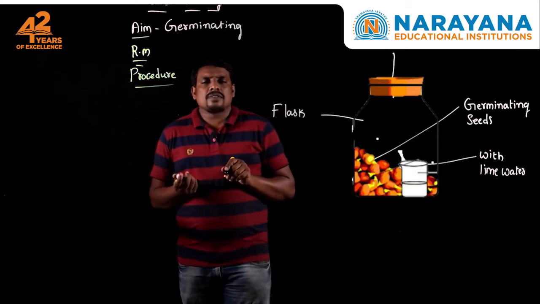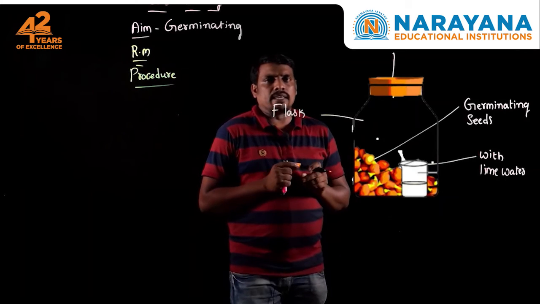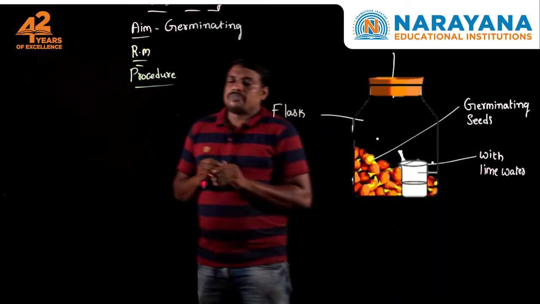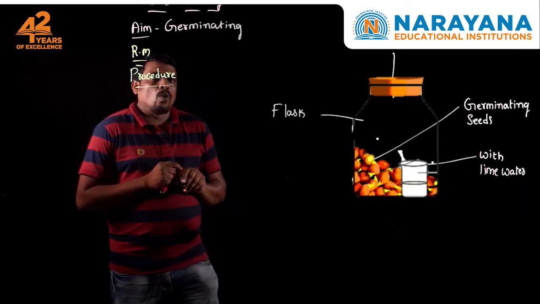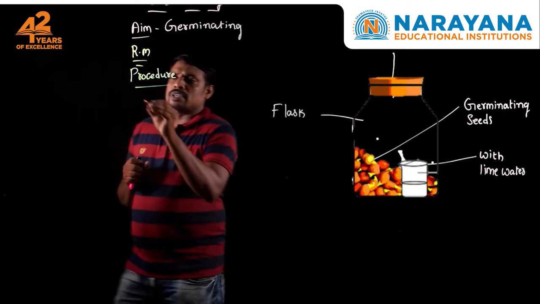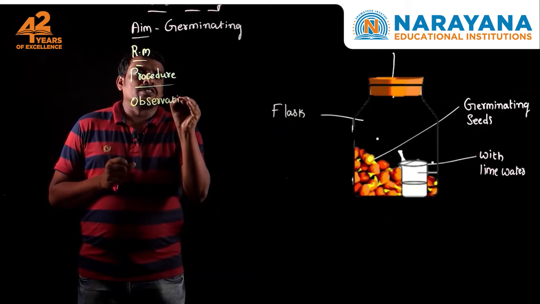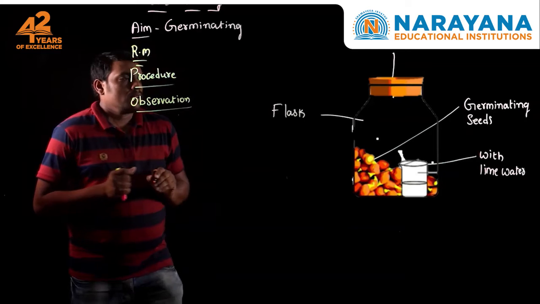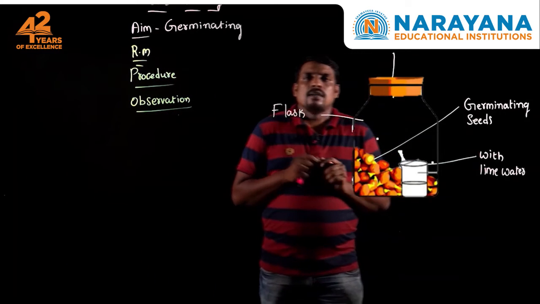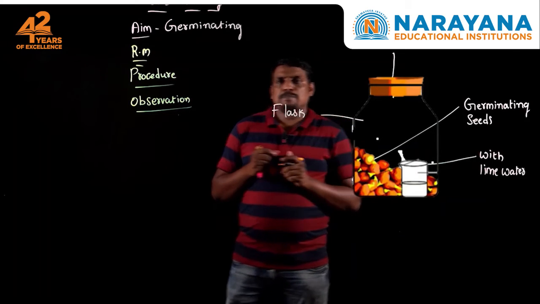After a few minutes, let us observe the changes of lime water inside the small beaker kept in the flask. If you carefully observe it, what color appears in the lime water? So, after the procedure, we have to write the observations. What are your observations in this experiment? The lime water kept in the small beaker has turned into a milky white precipitate.